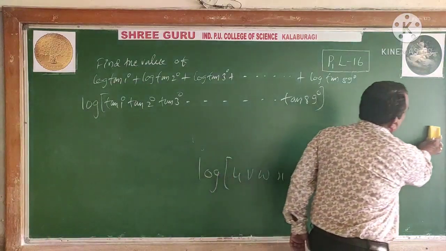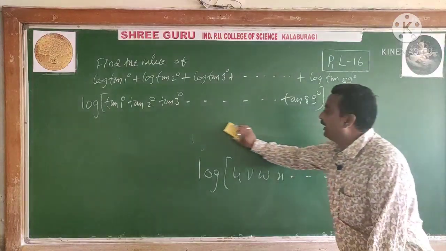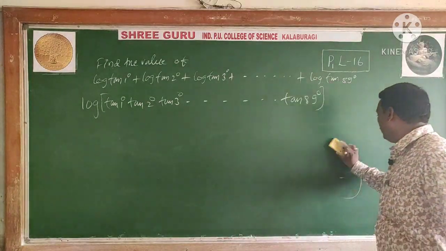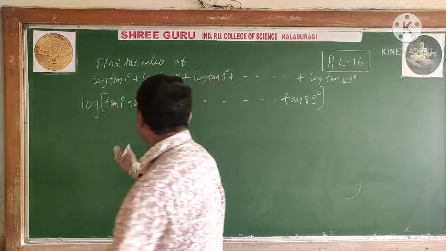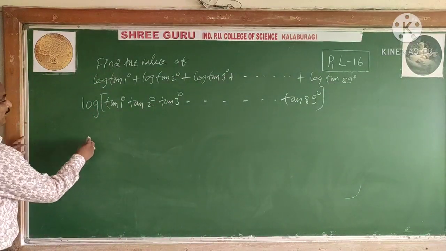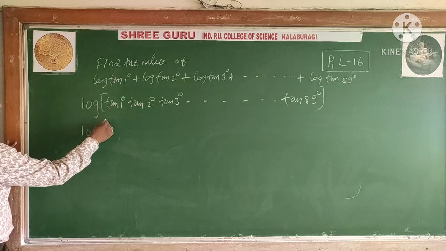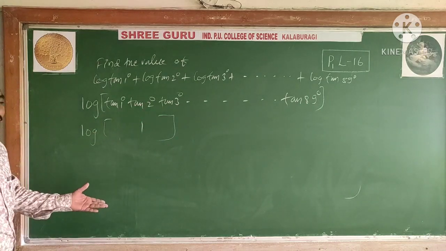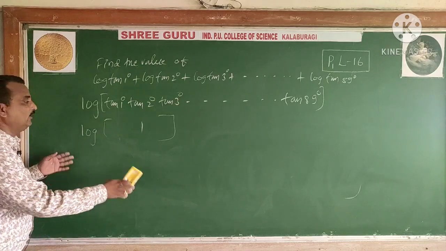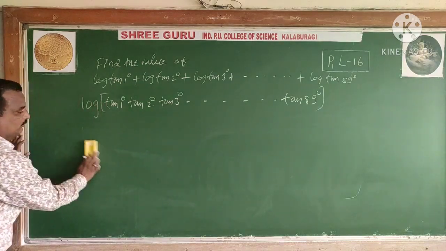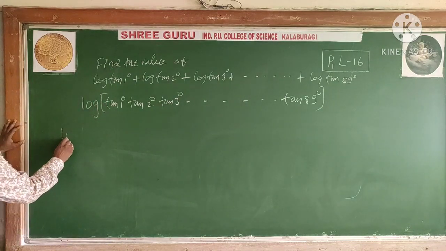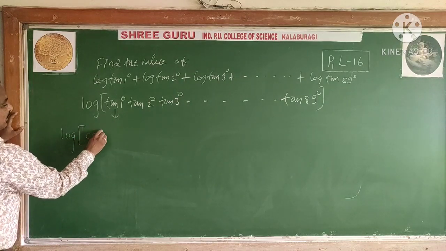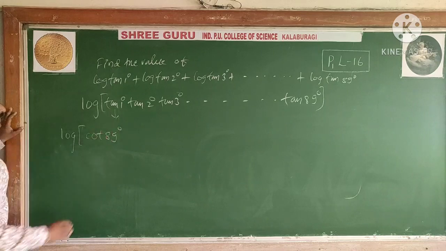Now see, after taking the log it becomes the product of terms here. Let us see how to calculate it. What is that value? 1. I have already calculated it in the previous example; you may write it. Once again I am converting this first. This log as it is, you know very well. Tan 1, here I will write it directly, as cot 89.